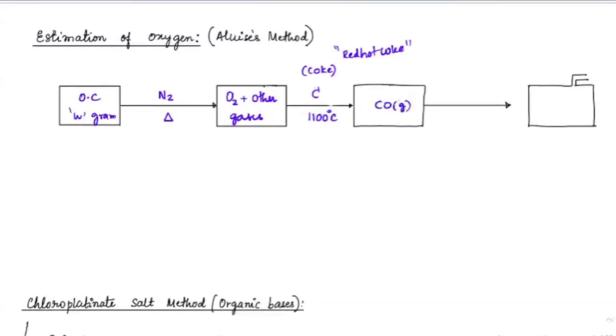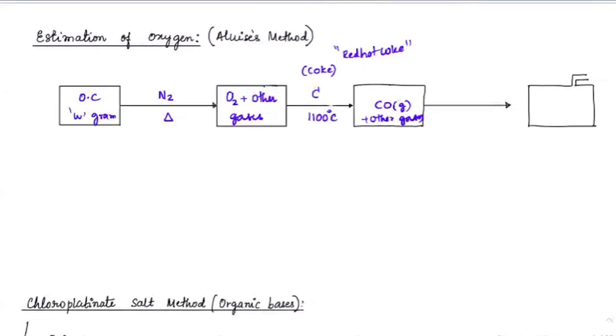In metallurgical industries, carbon monoxide is prepared in this way only. So once you get carbon monoxide, there are still other gases left. The other gases include maybe some amount of H2 gas, maybe some carbon dioxide, and of course there is nitrogen which is carried so far. We don't know what other gases are present. One thing is sure: in the presence of N2, we usually do not get carbon dioxide gas. So remember that. So far, we got carbon monoxide gas here.